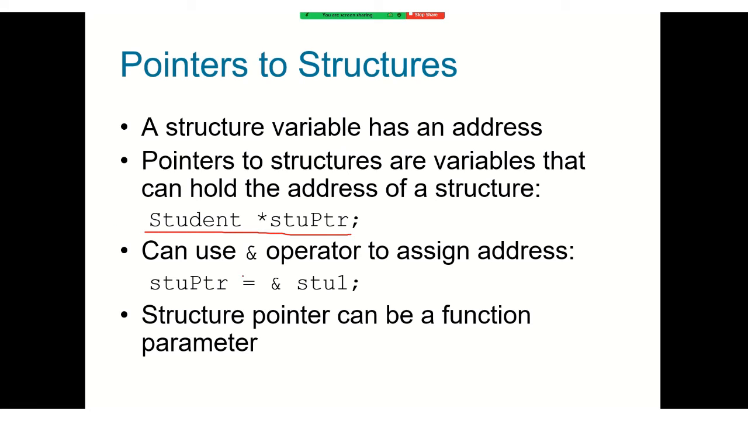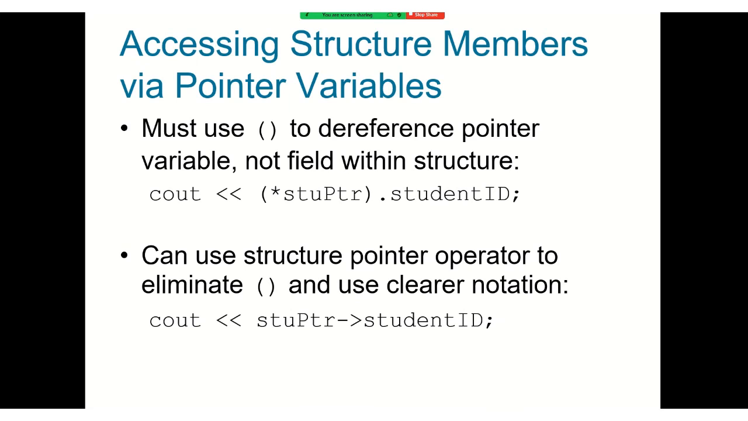Now you can use the reference operator ampersand to assign the address. So you can make the student pointer equal to this one. It's no different than any other variable. Using the pointer along with any other variable is exactly the same, but structure is a new type of variable. That's why the discussion comes. If you want to access the structure member, you can do it in this way: student pointer dot student ID. You have to use